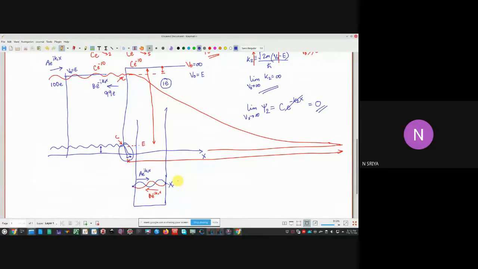Sriya. Yes, sir. Good evening, sir. Yeah. Sir, I have a very small doubt, sir, because this is the first time I'm coming across device physics and quantum physics. Sir, what are we exactly heading to, sir? Like, yes. That's a very, very good question. Somebody should have asked it earlier only.